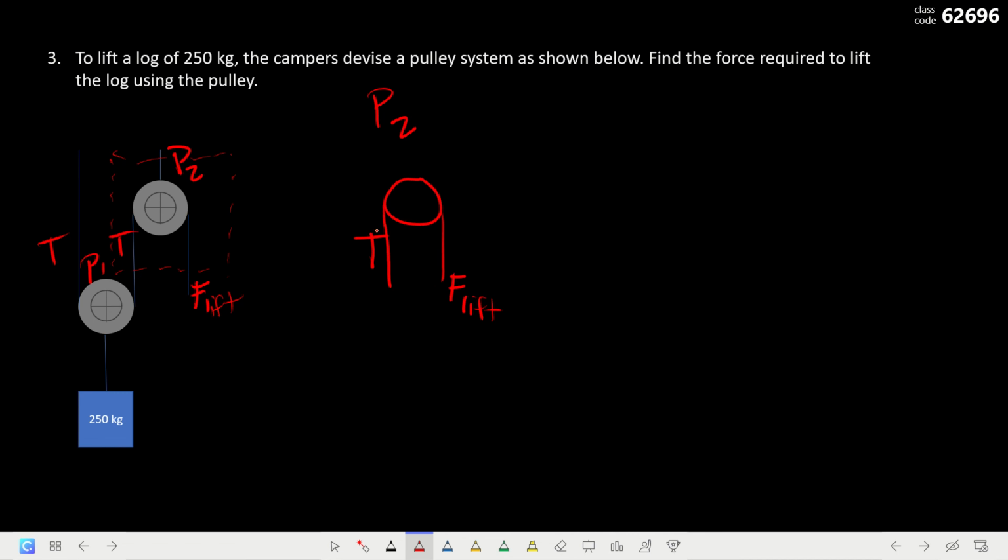So, if we apply a force to this side of the string, what it does is enable this side to accelerate upwards and this side to accelerate downwards. So we have here, since this is accelerating,